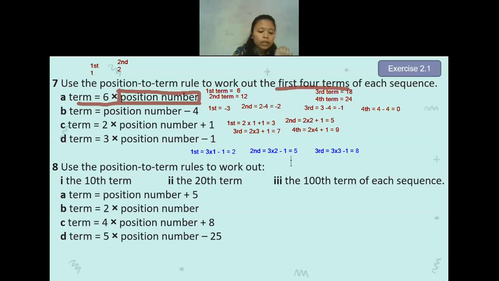Okay, anyone have questions so far or getting confused? No? Okay, if nothing is difficult, then I can continue to question 8. We still have time. Yes, we still have some time. For question 8,